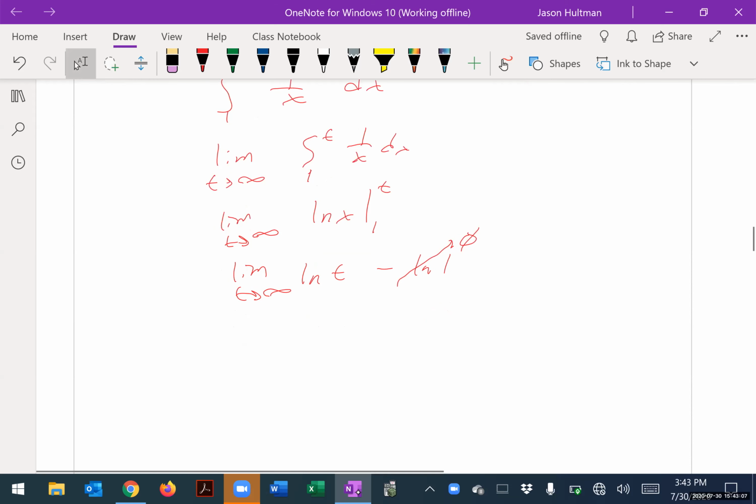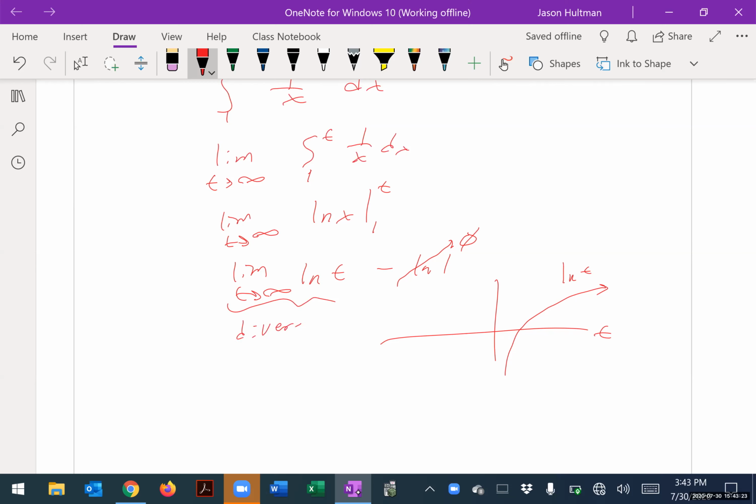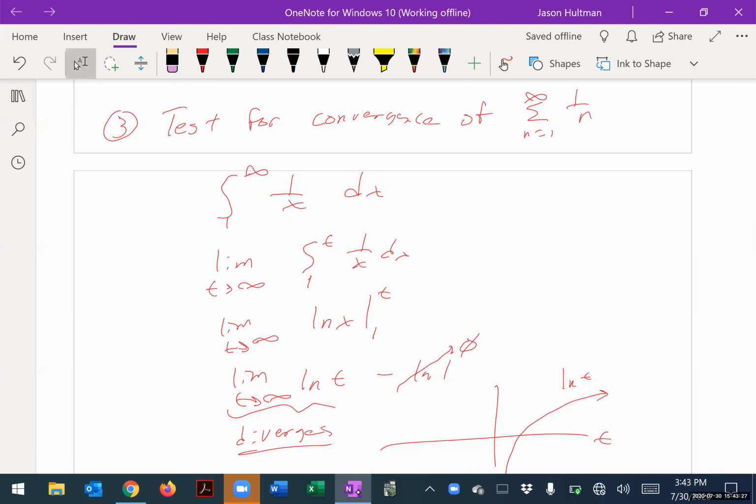And what does the natural log of t look like? Well, natural log of t goes like that with respect to t. And so as t goes to infinity, what happens to the natural log of t? Well, it also goes to infinity. So this diverges. But we already knew that. Well, how do we know that? Because it's the harmonic series. So this is just another proof that the harmonic series,